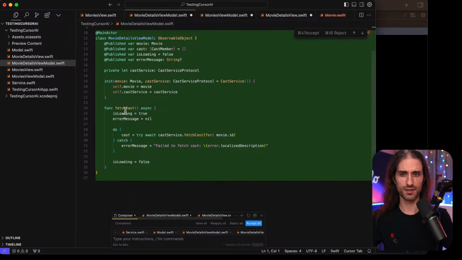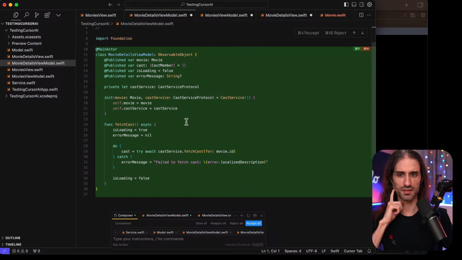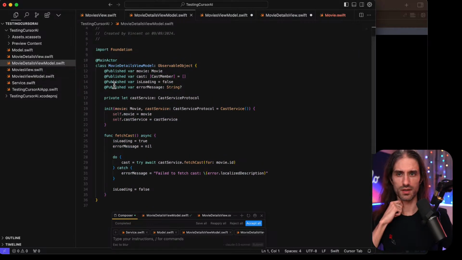So let's see. I'm going to close this and look at the code. Main actor, movie details view model, observable object. So we have the movie. This one could even be a constant, I guess. And then we have the cast, is loading, error message, the protocol, perfect, the service. All right, that seems quite good.